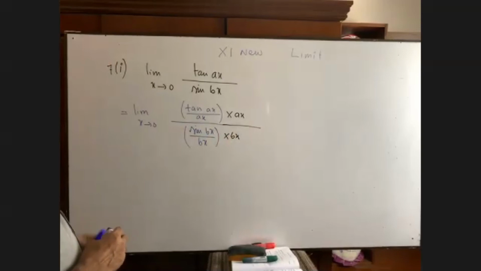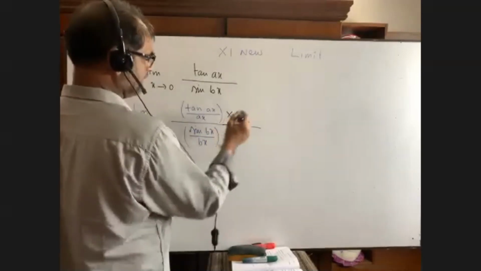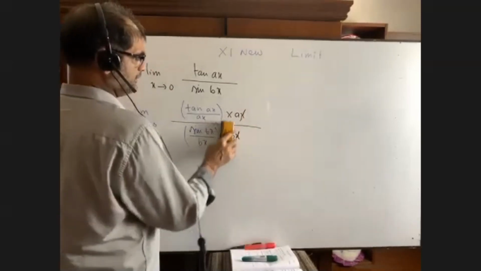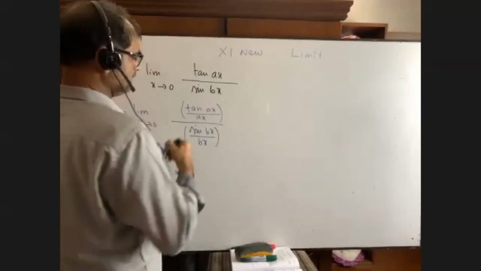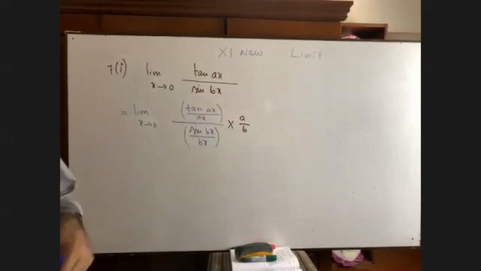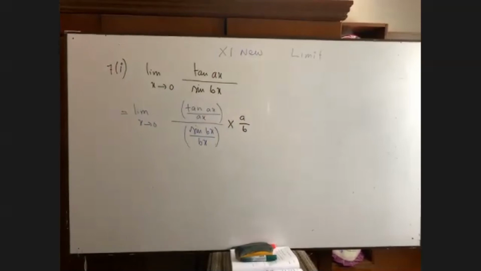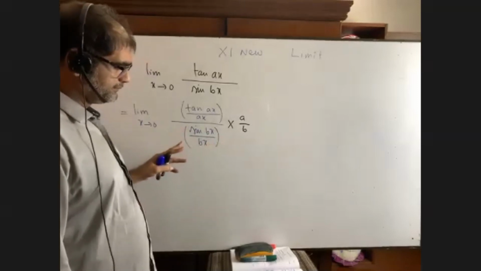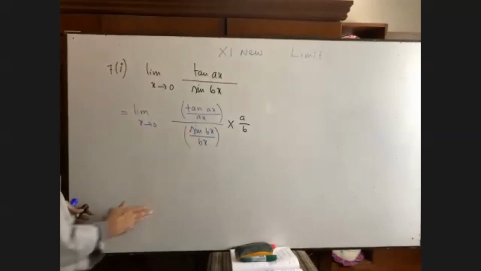Yes, sir. Okay, that's good. But you see, again x will be omitted. So what we are getting here, to be written in short, is a by b. Now please try to understand. Are you getting it or not? Yes, sir. I repeat, do you understand or not? Okay, that's good.